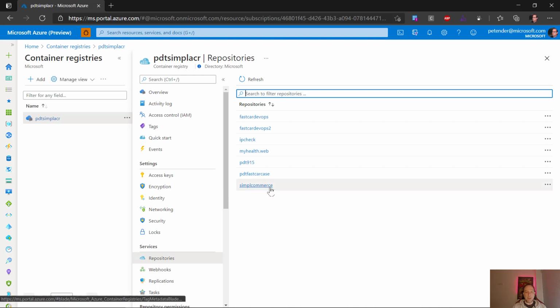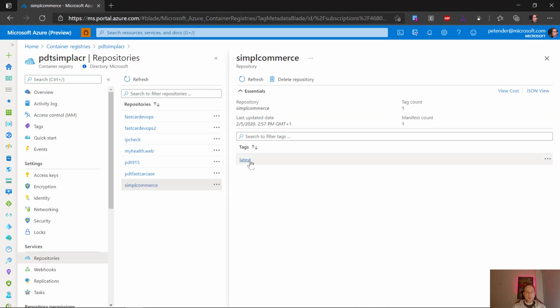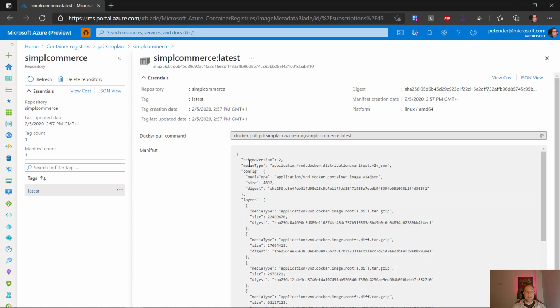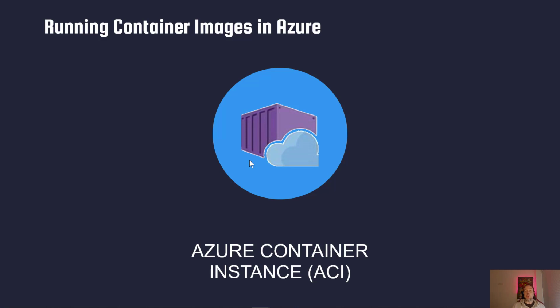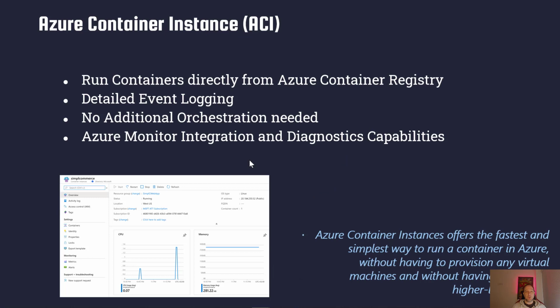From here we can run a new container runtime, and that would be container instance. So why not switch to container instance and talk a little bit about what it can be used for. Container instance, or ACI, is overall one of the easiest ways to run a container. You have a container registry, could be Azure, could be the Docker Hub, or any other private one that you have. As long as you present the correct credentials to ACI and there's network connectivity available, it's allowing you to